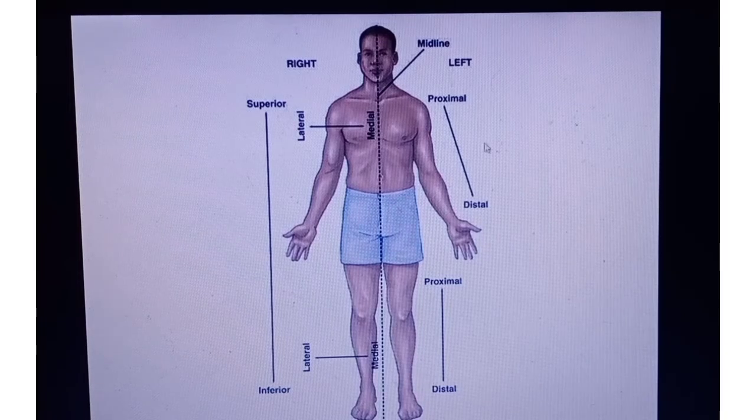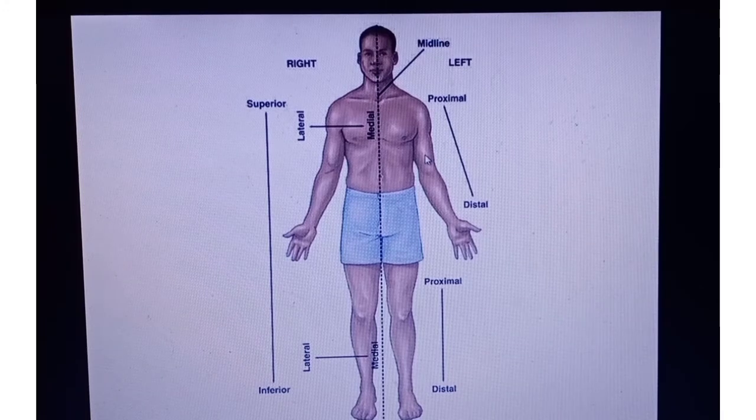See here, it is a little different. There we took example of something else. We were considering the hand. From the hand we were discussing what is farther and what is nearer. Here they are considering the trunk. This is your trunk, right? They are considering the trunk, and when you consider the trunk, your arm is proximal, that is nearby, and your hand and forearm is gonna be distal.